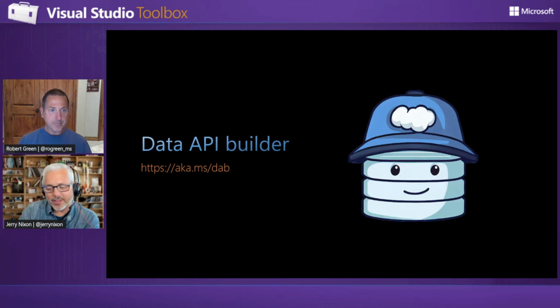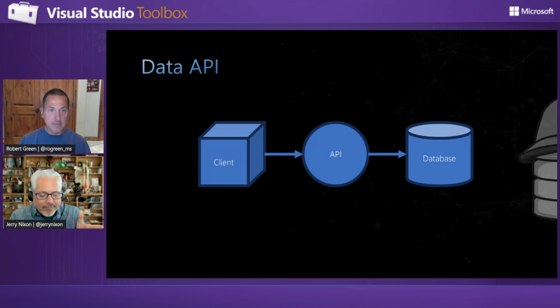Okay, so let's start with this adorable logo, as all projects must have. Let me explain it conceptually for anybody who may not be there. If you have a normal application that's multi-tiered, you probably have an API in the middle, and the API, I would say 90% of the time, is really just CRUD operations: create, read,